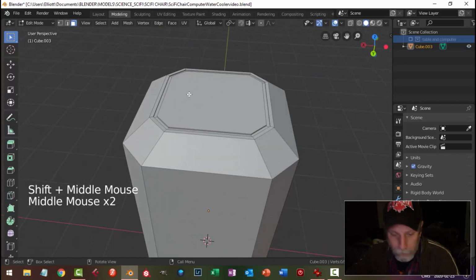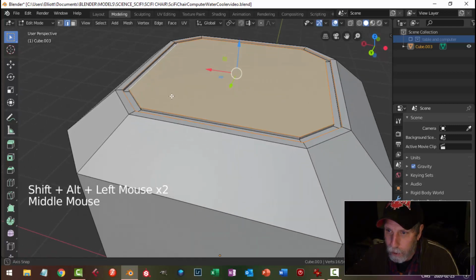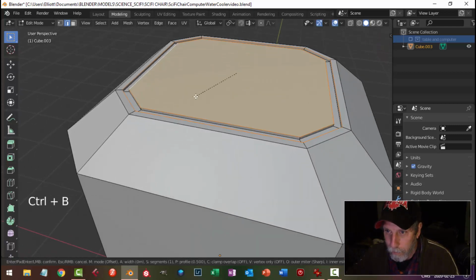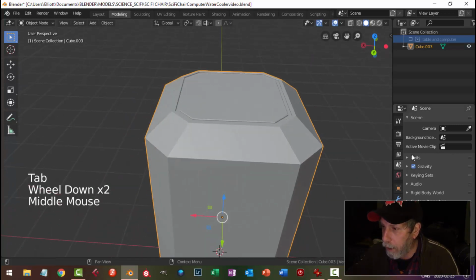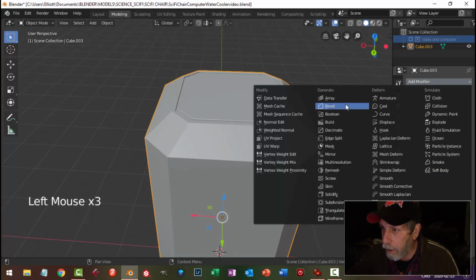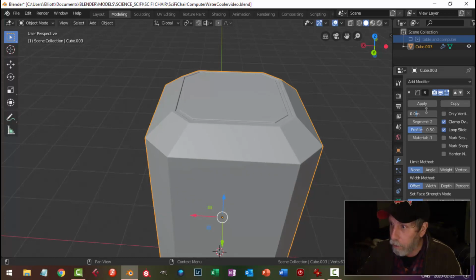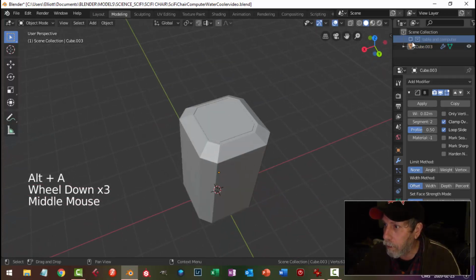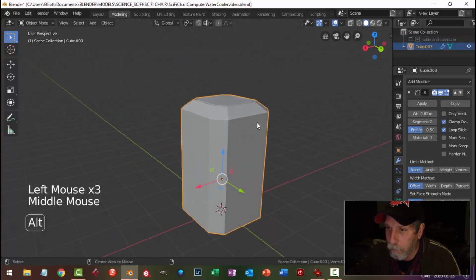Like that. And then in edge selection, that was number 2, I'm going to Shift Alt and click and get that edge and that edge. And Control B again. And pull just a little. To do that. So now let's come over here and add bevel. I'll go for 2 and 0.02 for now, and let's make sure I know what I'm doing. So this is that stuff and there's that stuff. Okay,